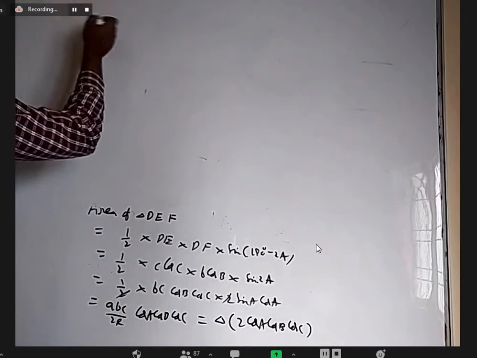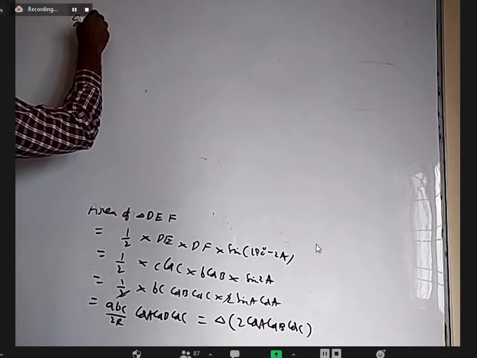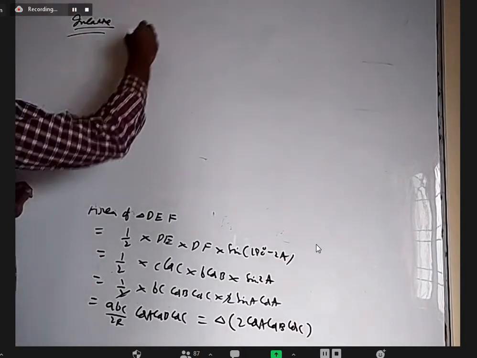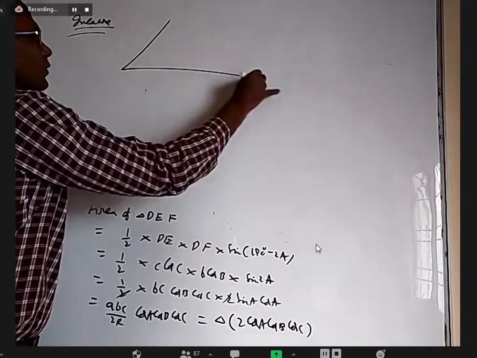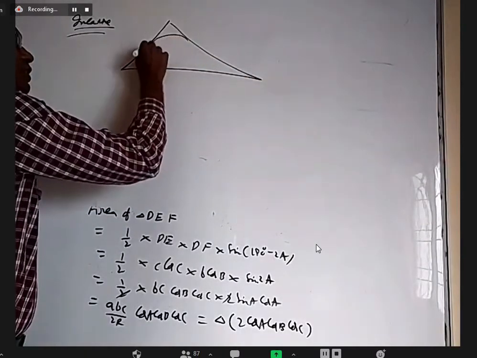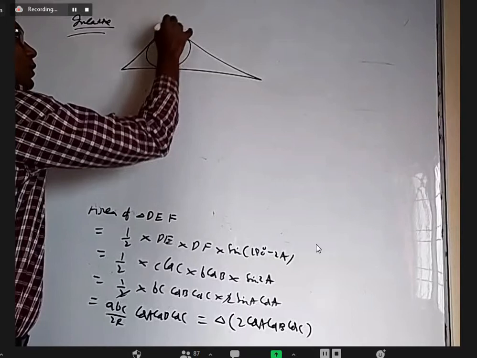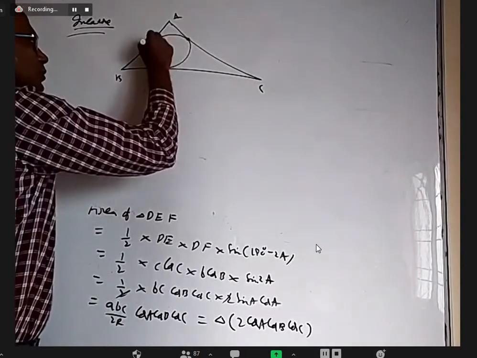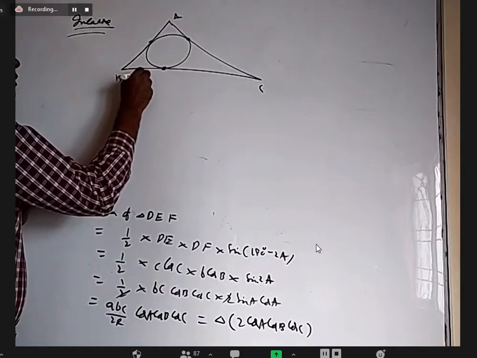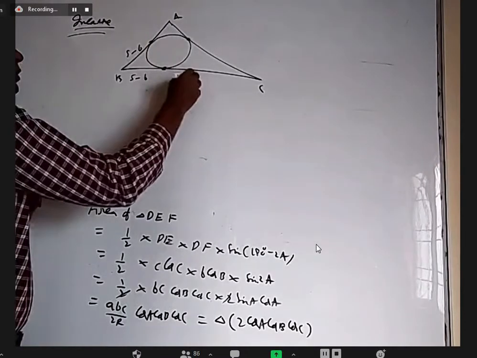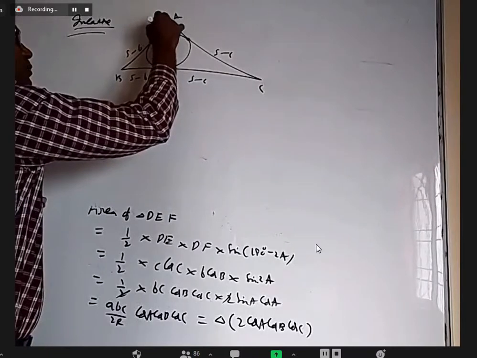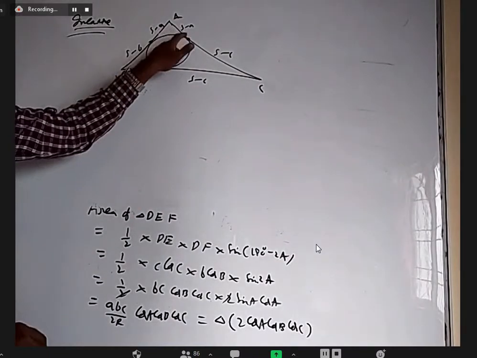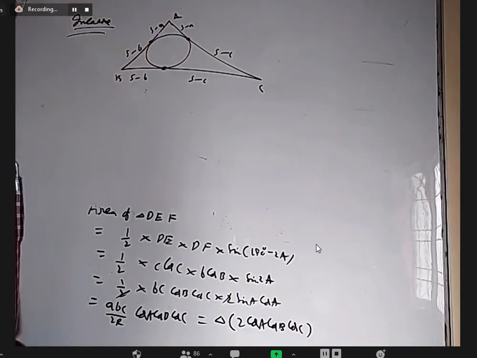Okay, something related to the incenter, we want to do it. We already know one thing, that if there is a circle touching all the 3 sides, this is A, this is B, this is C, where it is touching here, those lengths are s minus b, s minus b, s minus c, s minus c, s minus a, and s minus a. We already proved earlier. We took this as X, Y, and Z. We proved it, so I'm not going to go into that.